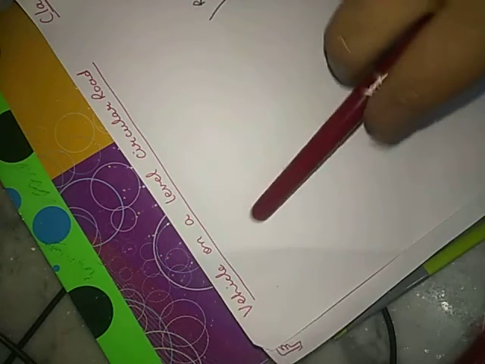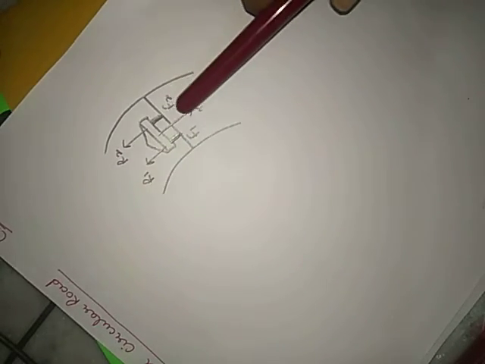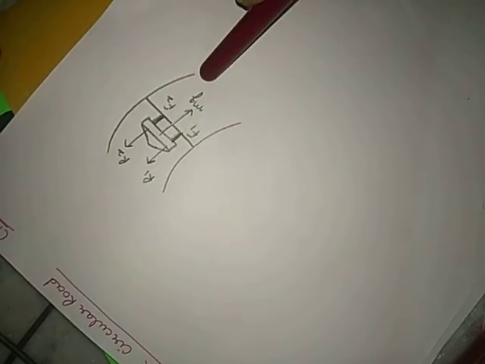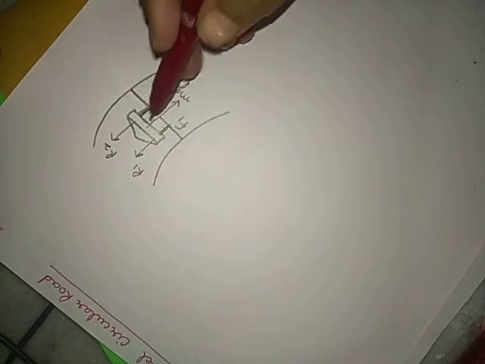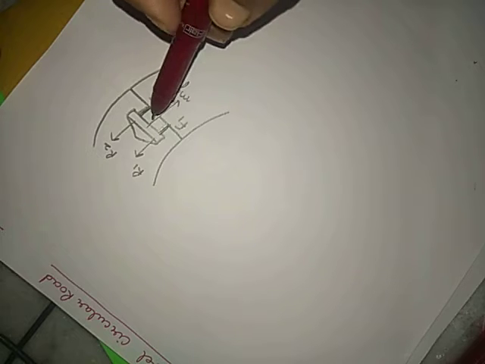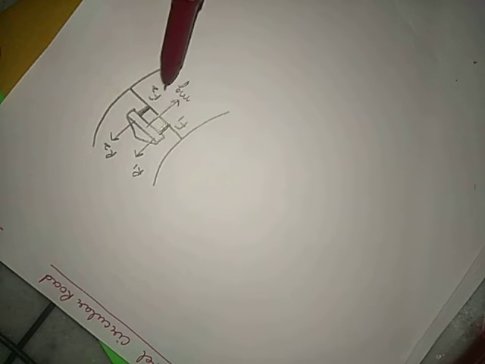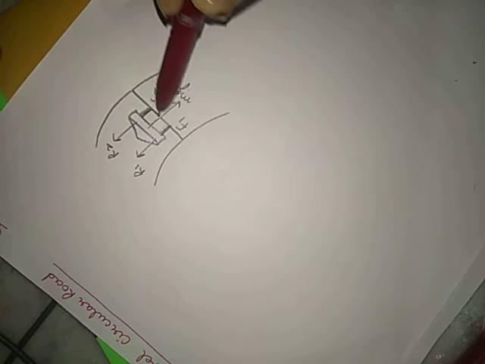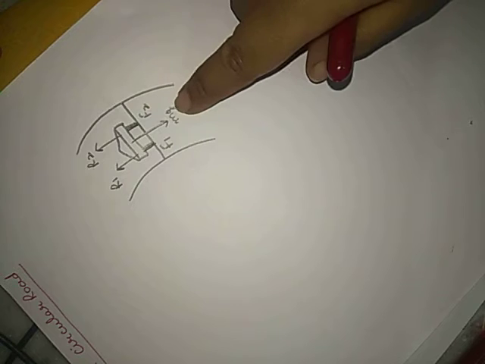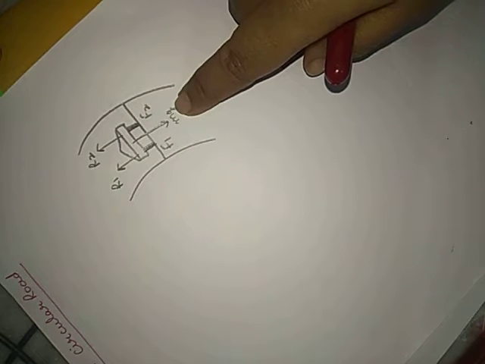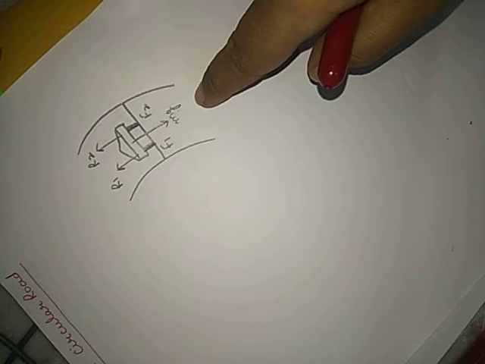Welcome to the physics class, and today's derivation is a vehicle on a level circular road. So this is a vehicle and this is a circular road. Let us suppose that this vehicle, which is on this circular road, has the weight mg, and it is moving on this level circular road. The weight of the vehicle, mg, is acting vertically downwards.